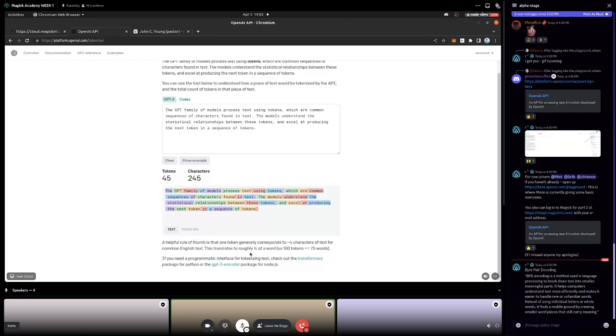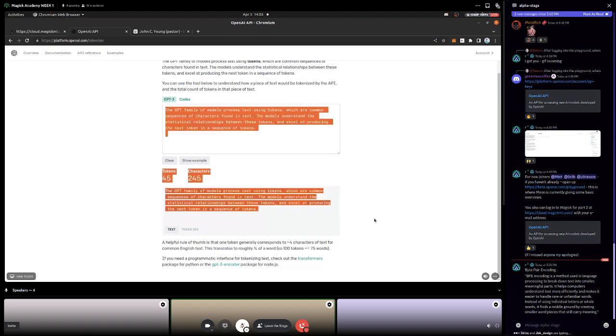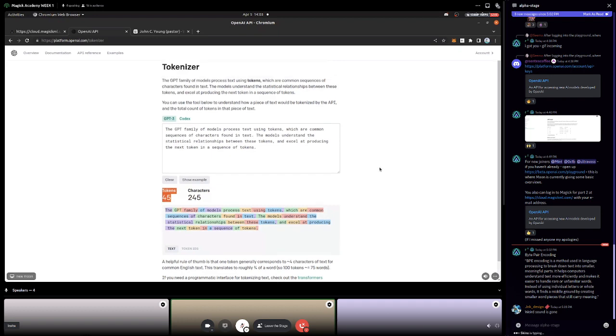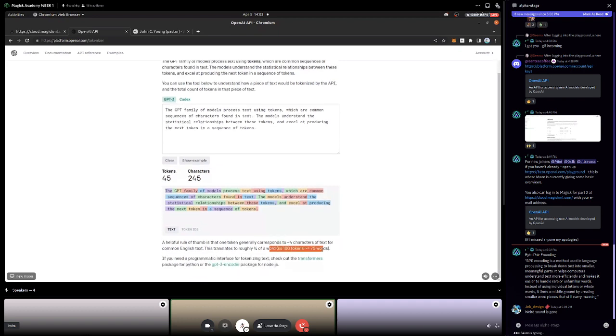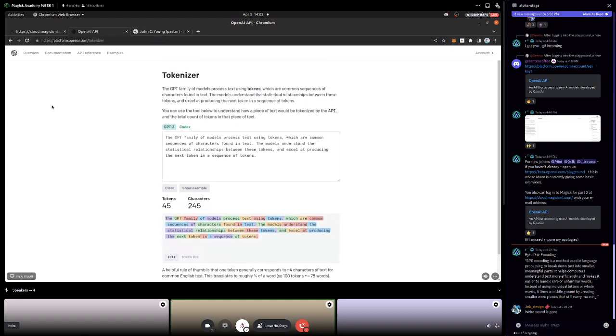As a general heuristic, you can see here that about 100 tokens equals about 75 words. So if you say, oh, I have 1,000 words, you can guess that is about 1,300 tokens or whatever. I did the math wrong, but you can do the math here: 100 divided by 75, about 1.33 or something. Cool. Let's see what's next.